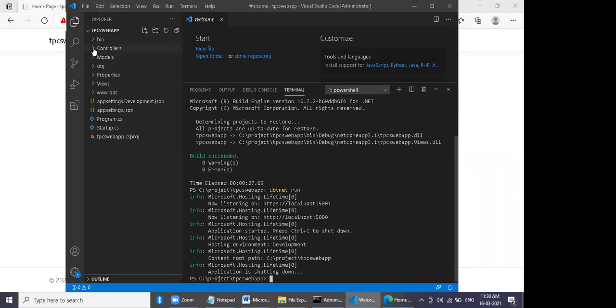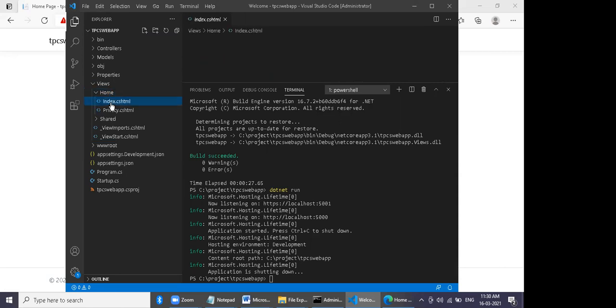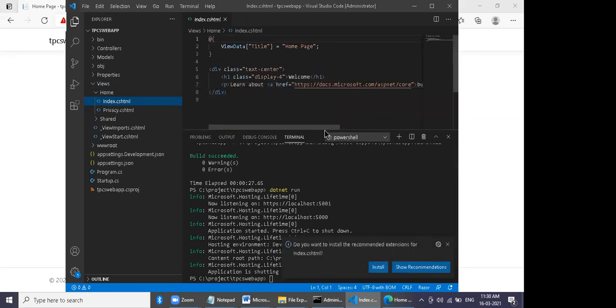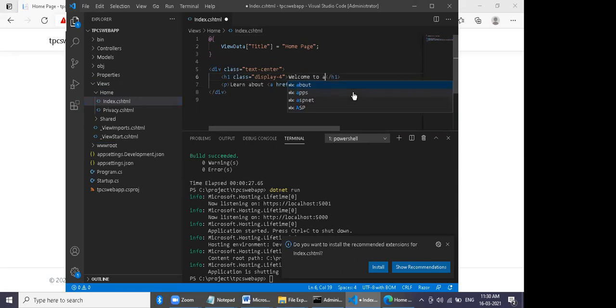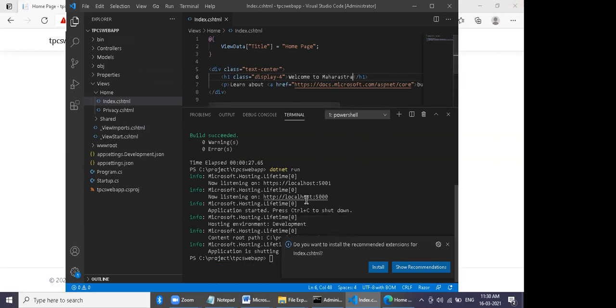Go to home, Index.cshtml, and just change it to welcome to Maharashtra. Go to file, save all. Another 45 minutes, because you again have to do the build. Go for build.